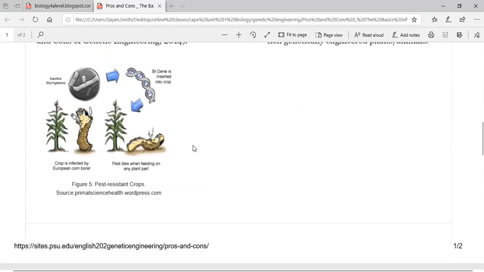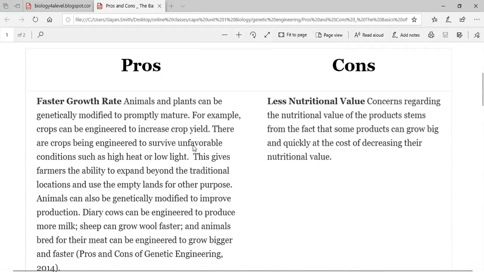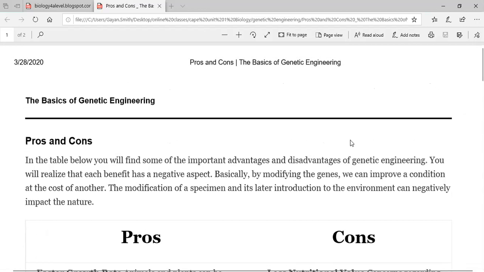I'm just bringing these concepts to you so that you can have a balanced opinion so far as it concerns genetically modified organisms, right? So I'm going to give you the break now.